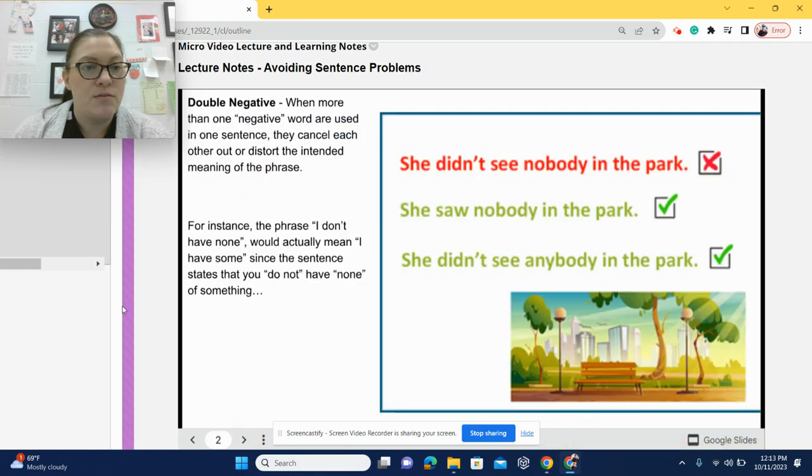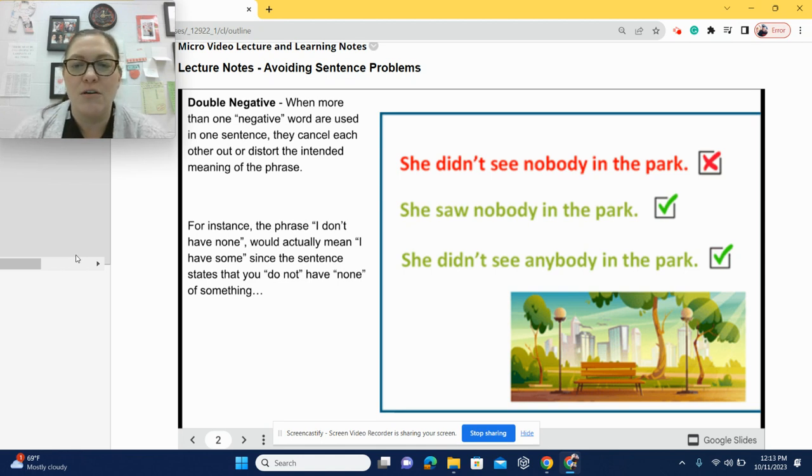The next sentence issue that you run into would be double negatives. Whenever I used to teach elementary school, I always liked my own joke where if a kid said, I don't got no pencils, or they would say, I don't have no homework, right? I would hold out my hand and ask, well, where is it? Because if you don't have no pencils, that means you have some and you should give one to me. And if you don't have no homework, that means you do have your homework and you should turn it in.